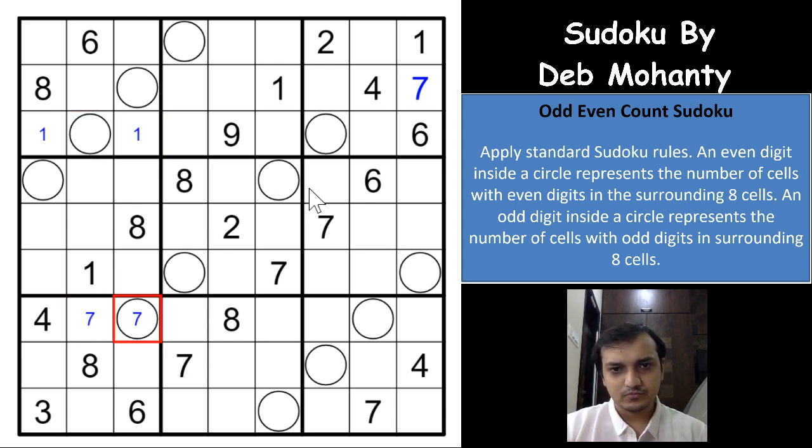A 4 has to be in one of these 2 cells. An 8 here and an 8 here will give you an 8 in one of these 2 cells. An 8 cannot come here because you need to have only 1 to 5, right? Let us mark those 1, 4. So it has to be 2, 3 and 5. Superb. So 1, 2, it has to be 3, 4 and 5. This is also 4, so 2, 3 and 5, right? And 1 and 3, this has to be 2, 4 and 5, right? So that is done.